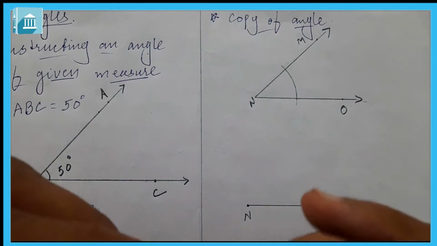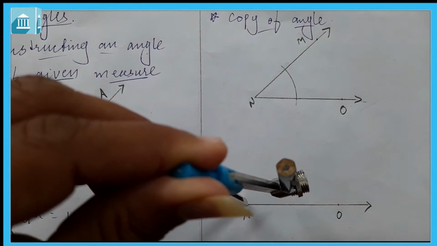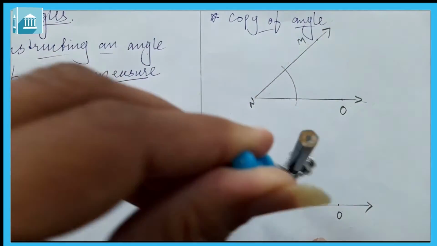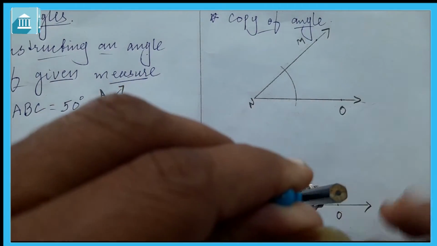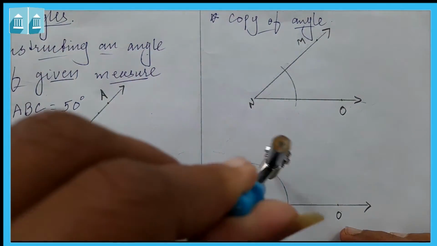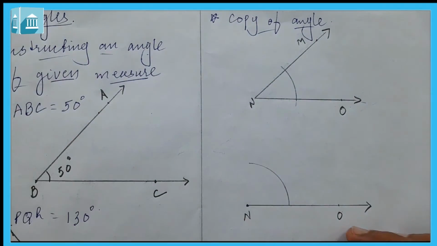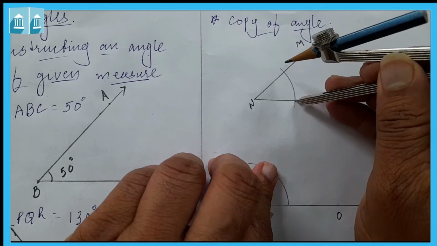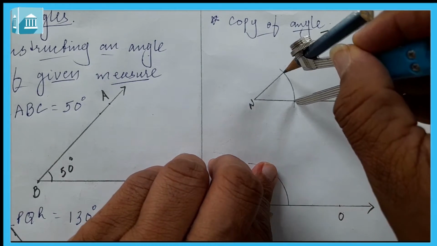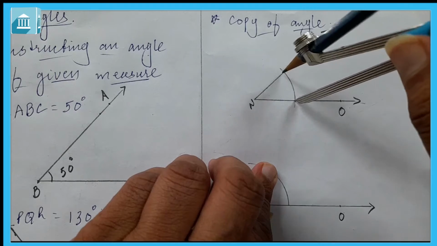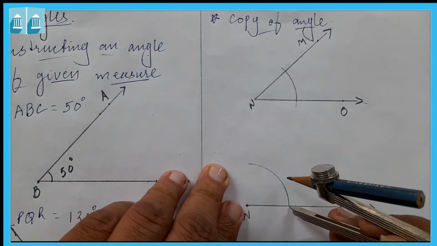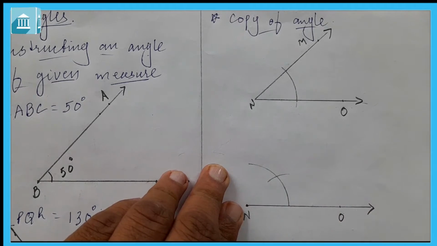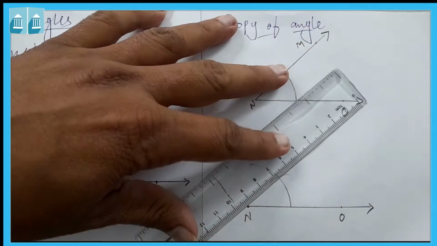Then with the same radius, सेम लेना है, and we will draw one more arc here. यहाँ पर एक आर्क ऐसे ड्रॉ करेंगे. Now, इसका कॉपी करना है तो हम यहाँ पे एक रखेंगे और दूसरा यहाँ पे, मतलब इन दोनों सेम होने चाहिए. देखो 1 point here and 1 point here. उसके बाद with same radius एक आर्क ड्रॉ करेंगे यहाँ पे. Then इनको ज्वाइन कर देंगे.